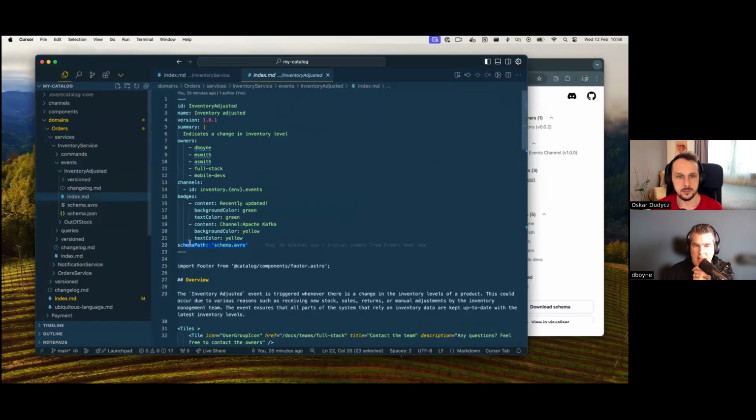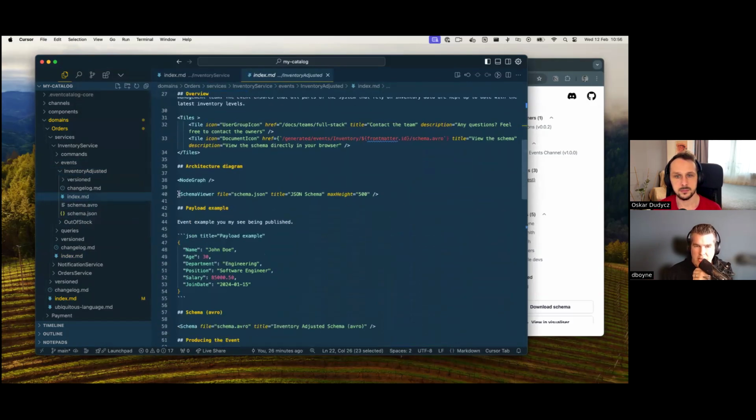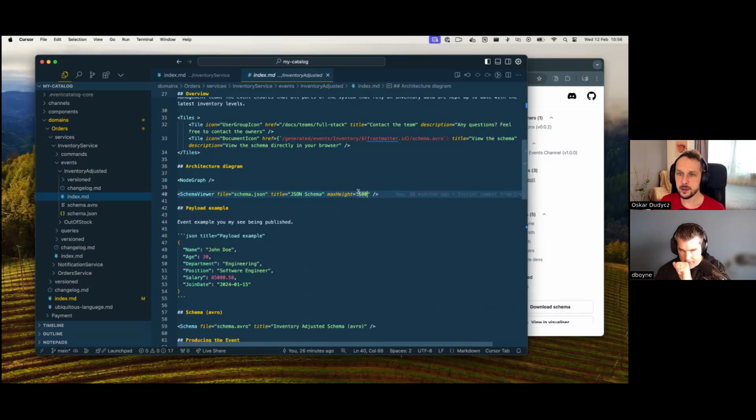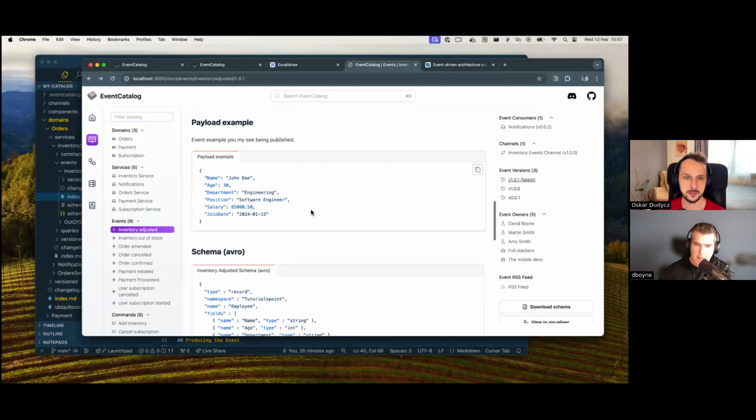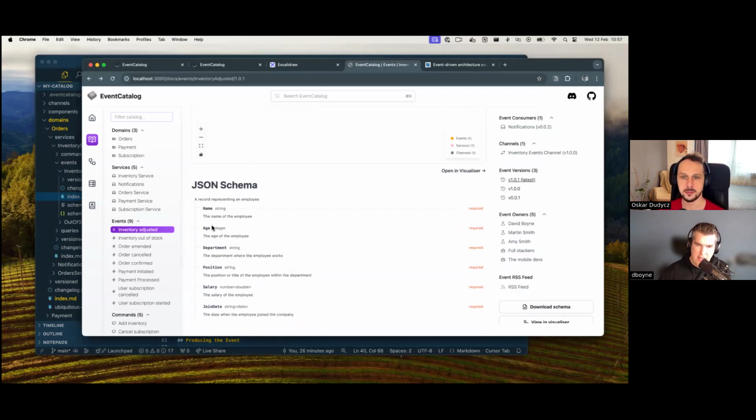In the index.md file, we can actually use a schema viewer component and say, okay, I want to render this out for my users. It's going to be whatever, 500 in size. And if we go back to the UI, this is exactly what we get here. This is the schema viewer. So there's a custom React component that gets rendered on the screen, and users of the system can just see stuff,